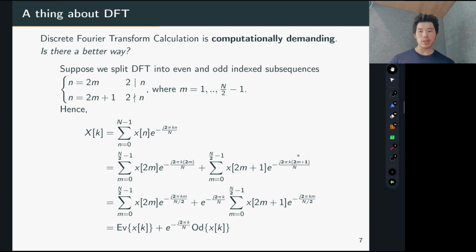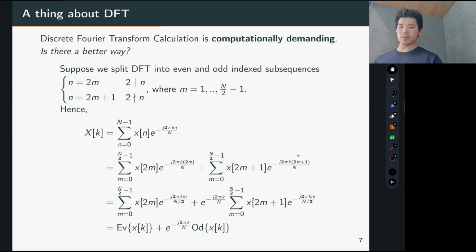Is there a better way to do it faster? So let's say we split the DFT into even and odd index subsequences. So you have 2m and then 2m plus 1, where m runs from 0 to N/2 minus 1, so like half of it. And so we split those up,